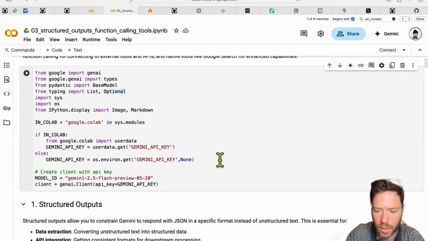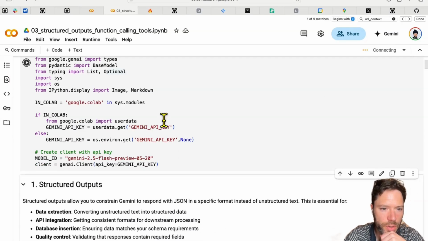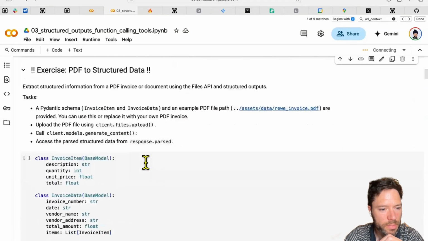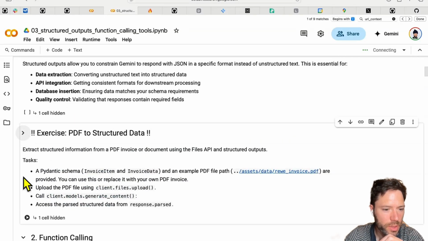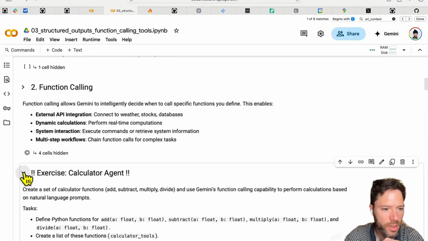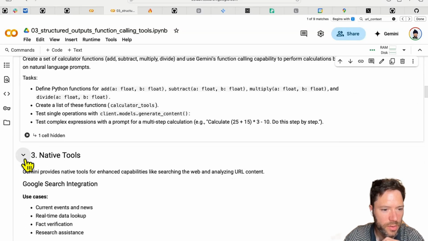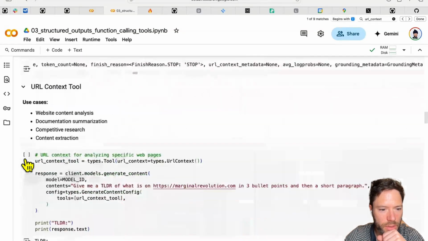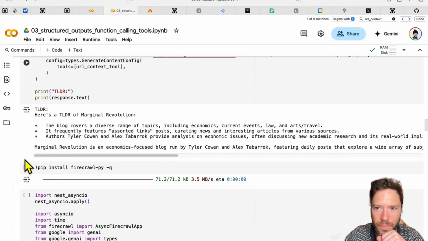So let me set up my client by running this cell, which is going to grab my API key, define the model, and then define the client, which will allow us to make calls. We're going to skip through these exercises here and go straight to the native tools, which includes this URL context.